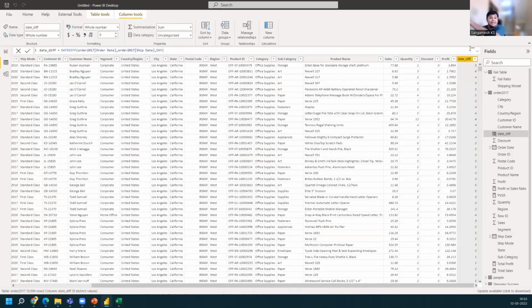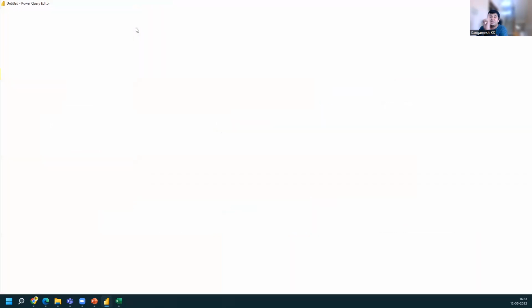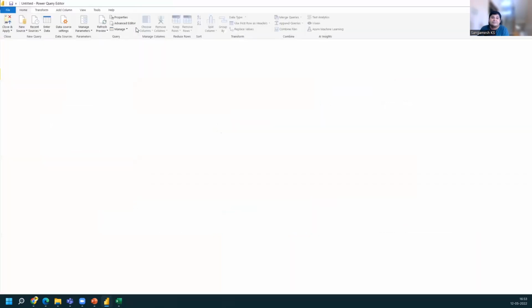See here, I have created a calculated column, and a calculated column can be seen here in the data table. Interestingly, it can also be seen in the data model as well. See here, that column, DATEDIFF. But you cannot see this DATEDIFF in transform data. Can you see that? So this is the